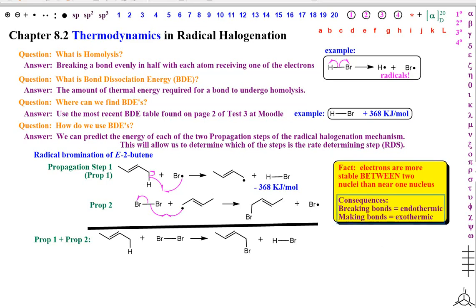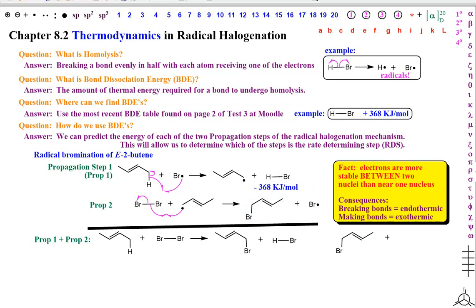That results in these two direct consequences. If you want to break a bond, you have to put in energy. Bonds are what hold things together. To get things apart, you got to pull them apart. Pulling is putting in energy. Making bonds is exothermic. You're making the electrons more stable than they were before. So, the amount of energy required to break H away from Br is exactly the same, but in the opposite direction of making a bond between H and Br. Now we have to find 3 more numbers. We also made this bond,